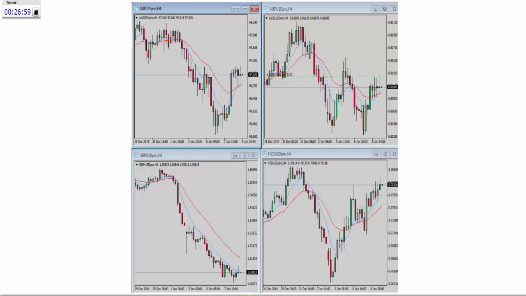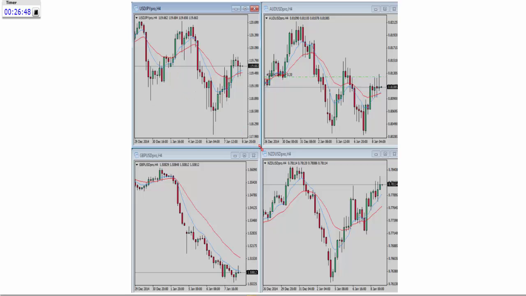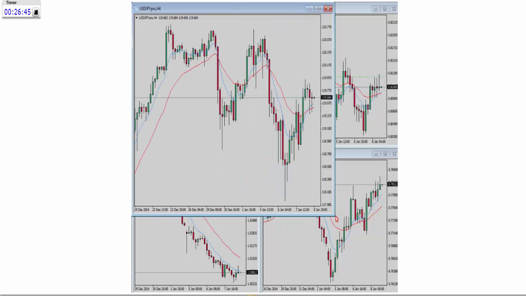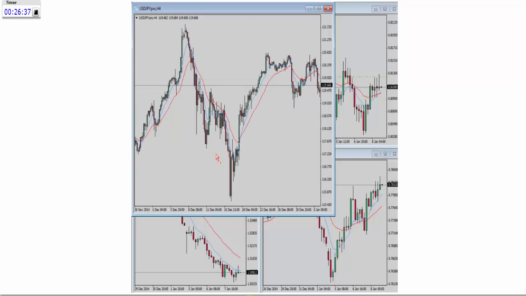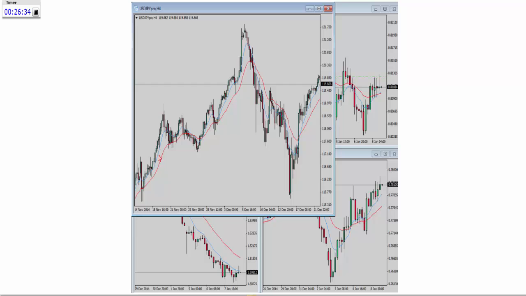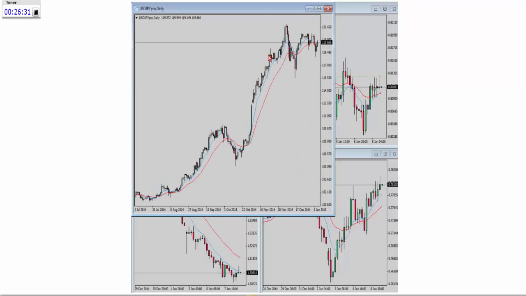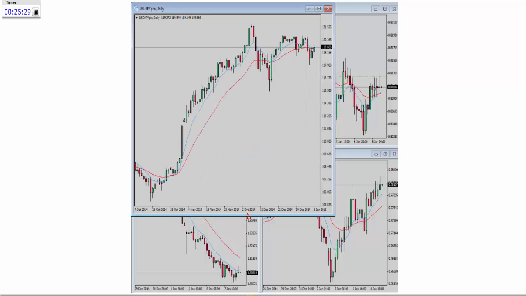Okay, US dollar JPY. Let me bring that up. So here's US dollar JPY, and I'm just going to blow it up here. We'll have more to look at. This had been trending higher very nicely over here, right? It had a nice trend higher. Let me show you the daily chart. Check out this move. Look at that move up on the daily. You can't tell me that you wouldn't have been able to find multiple opportunities, if not from the daily,